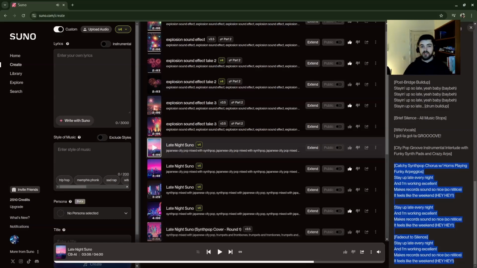Okay, something I just noticed now, if you were listening closely to this section: what it did differently was take my drum build up and my bridge build up and my brief silence, roughly, and apply it to this section instead. That was kind of interesting, and then it went into the full chorus. So it did take my tags, it just put them into a different spot than I was expecting.